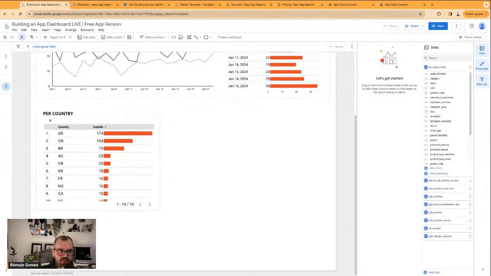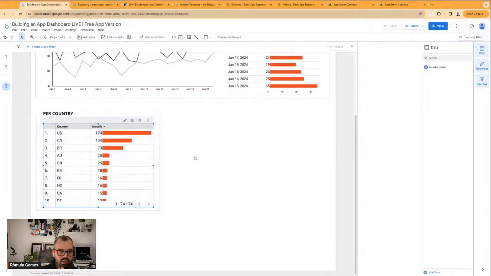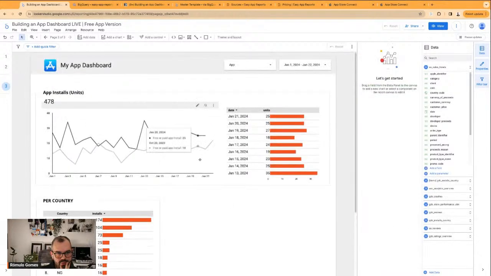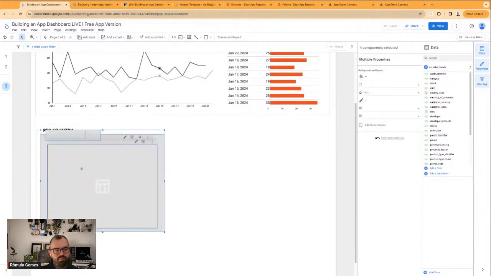So I'm going to have a breakdown of this. Then what's cool is that we can then have a filter. We can then have a time series chart like we have above. But for now,